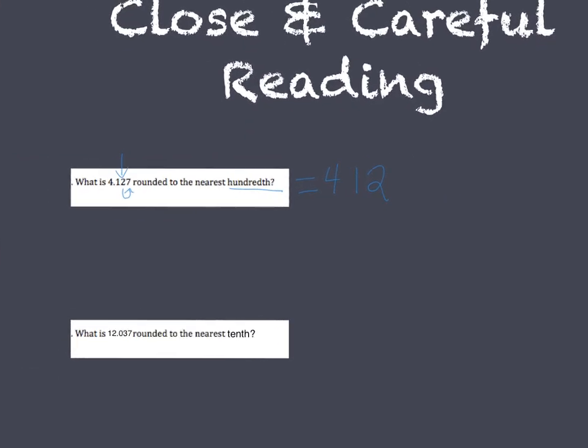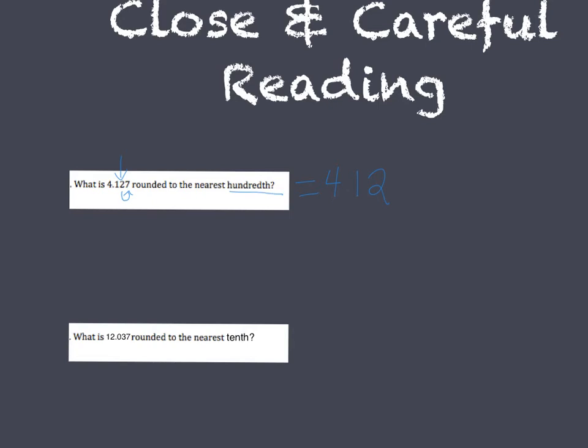Okay. Take the next problem and do it on your own. Pause the video and then replay when you're ready to check your answer. All right, so we have 12 and 37 thousandths rounded to the nearest tenth, which is this 0 right here. I'm going to look right next to it. I see there's a 3 next to it, which is less than 5, which means that the 0 is going to stay the same. And so my answer would be